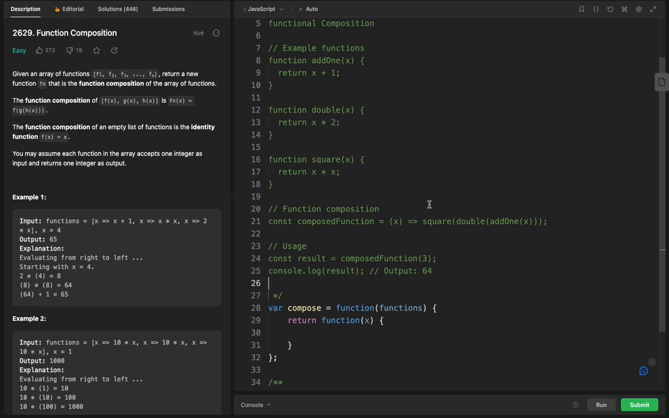Okay, and basically we have a composition function that wants to use all of them. So the composition function combines these functions in a specific order to create a new function. It adds one to the input, then doubles the result, and finally we square the result. When the composed function is called with, for example, a 3 input here, we will get the result will